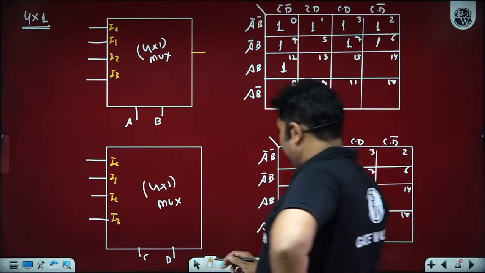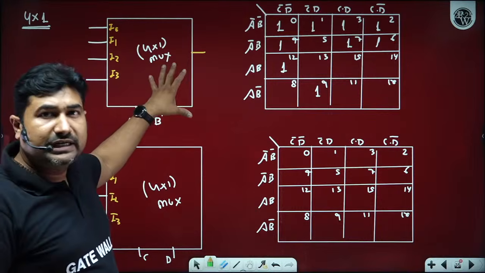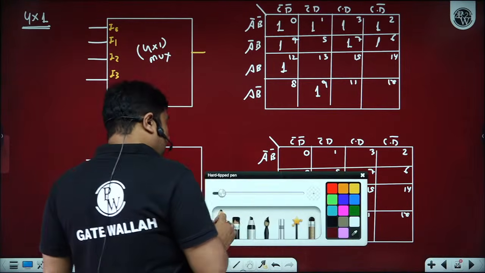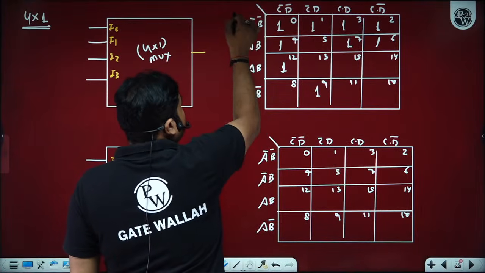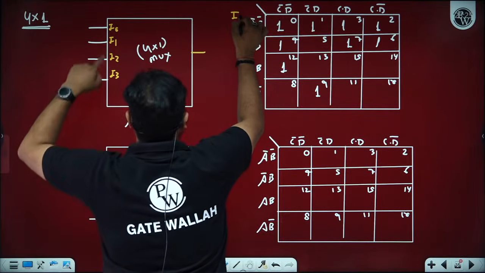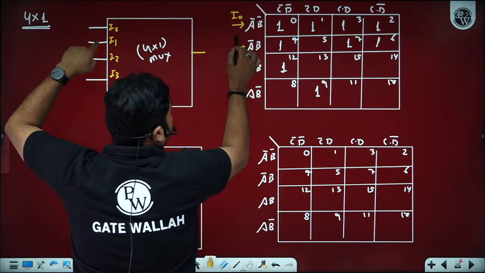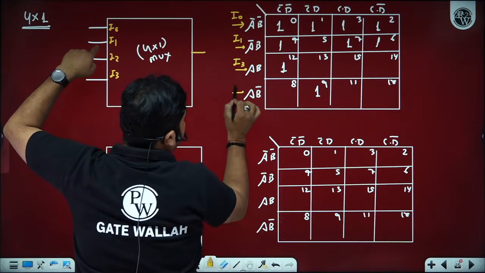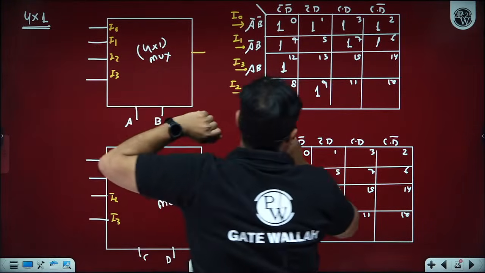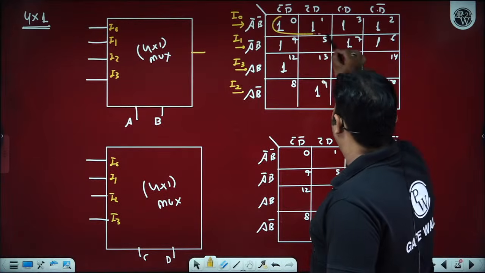Now please observe here. We can choose a smaller size of the multiplexer along with some logic gates. If I choose this as a select line, I0 will have a select input A bar, B bar. I1 will have select input this. I3 will have a select input AB, and I2 will have a select input this. Then if we are going to choose like this, then only we can do with a horizontal pairing.